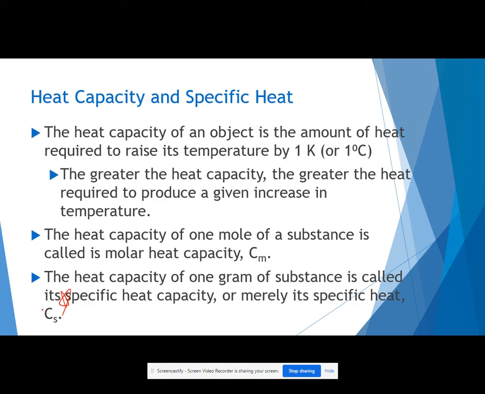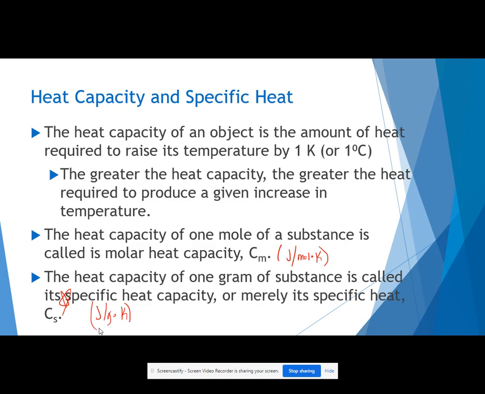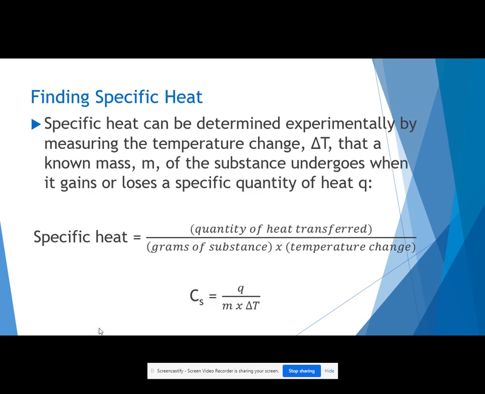Now, typically, your units for molar heat capacity and specific heat capacity are going to change depending on what you use in the problem. But for the most part, for molar heat capacity, your units are going to be joules per mole times Kelvin. Down here, usually you'll get joules per gram times Kelvin. So those are some common units that you'll use. So specific heat can be determined